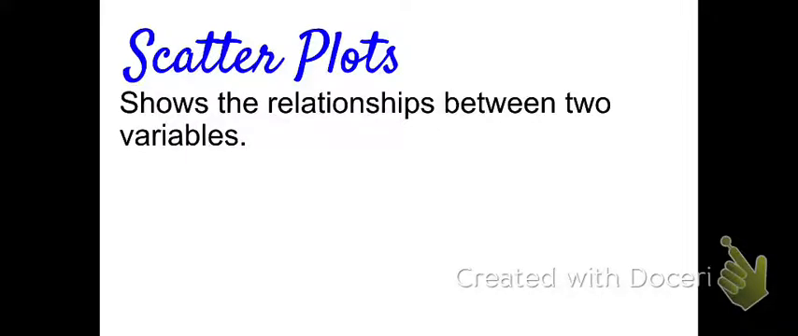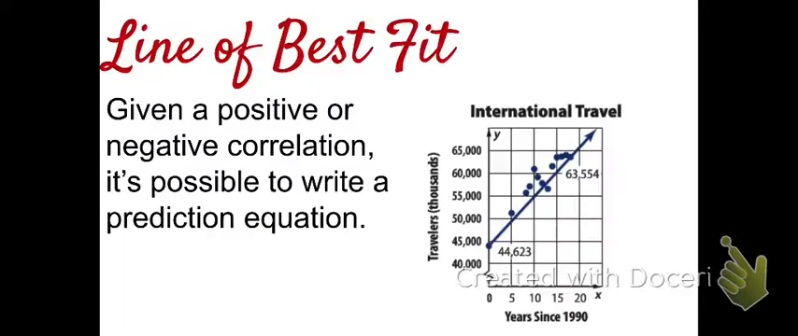Here we're going to talk about scatterplots and correlation coefficients. So first off, scatterplots show relationships between two variables that you're comparing. You're trying to see if there is a relationship. So in this case, we're trying to see if there's a relationship between time and the number of travelers traveling